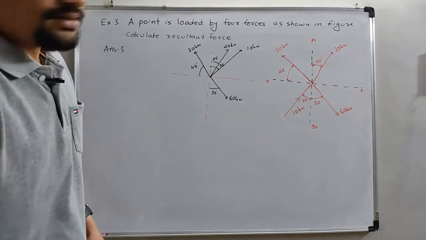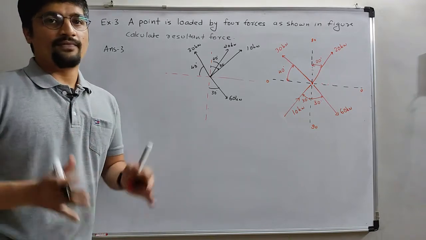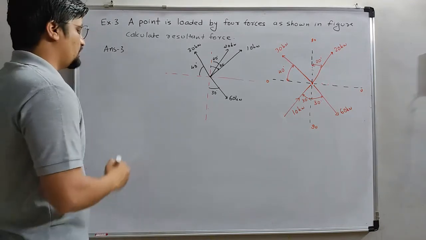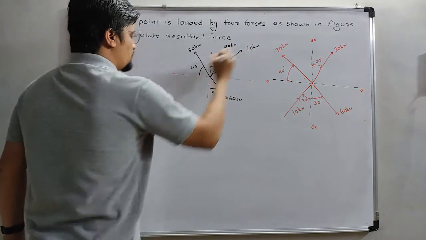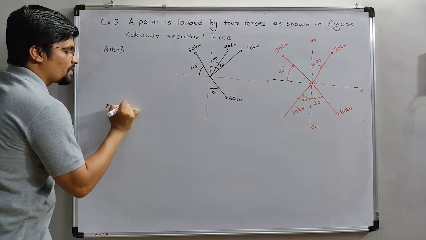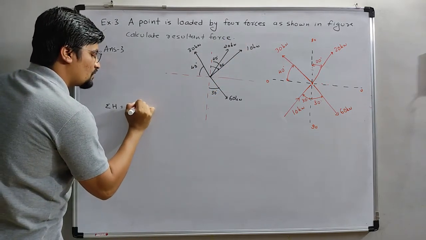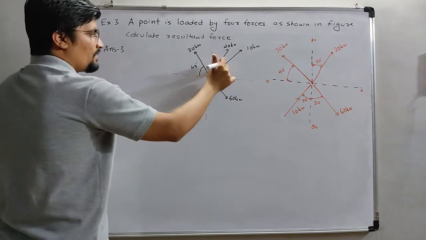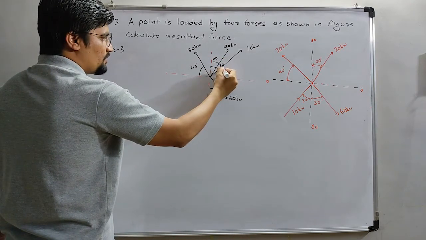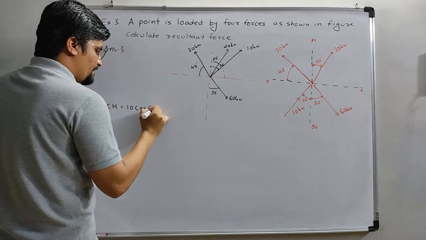Let's calculate the resultant force. For calculating the resultant force, first of all we need to find the horizontal forces, the summation of horizontal forces. Then summation of all horizontal forces is equal to, starting with this one, 10 cos, this is 30, so this will be 90 minus 30, it means 60 degree,